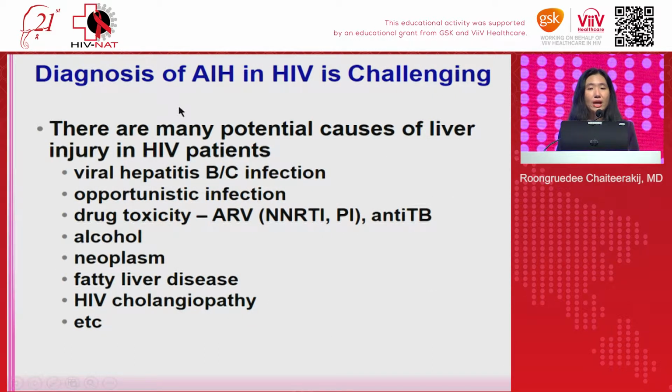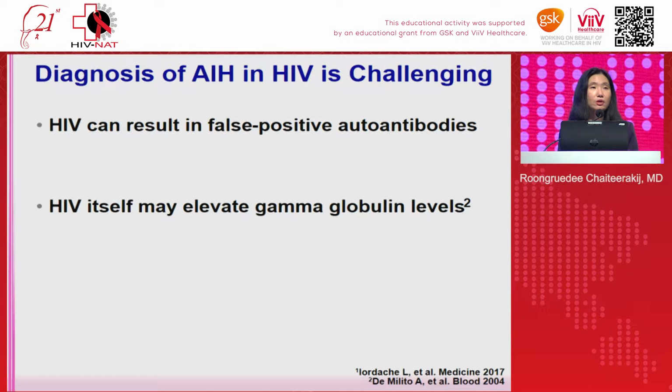The diagnosis of AIH in HIV is quite challenging because there are many potential causes of liver injury in HIV patients. When we see HIV patients come up with abnormal liver function tests or hepatitis, we usually think of other reasons for hepatitis, for example, viral infection, opportunistic infection, or drug toxicity, rather than think of AIH. And the other reason that makes the diagnosis of AIH in HIV difficult is that HIV itself can